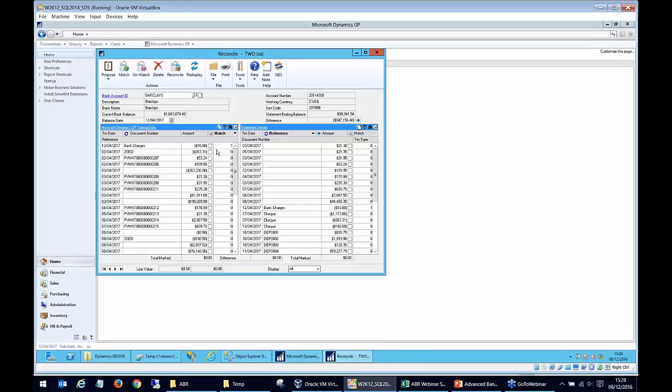So I'm not going to manually match. I'm going to use the reconcile rules that I've set up. In order to auto match, I use the propose function. Propose just means ABR proposes, based on the reconcile rules, that these are the items that can be matched against each other. So if I click on propose and then choose propose,